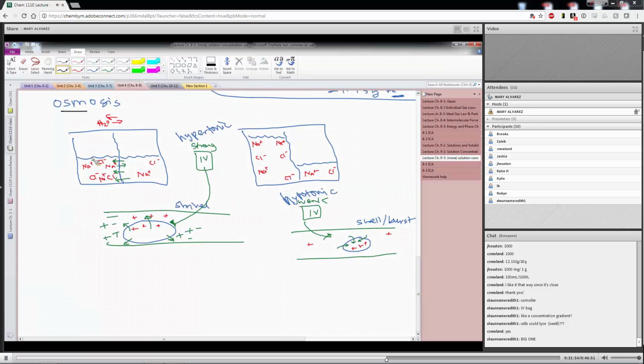Osmosis has to do with the presence of ions and not the identity of what the ions are necessarily. Okay? For instance, your concentration gradient that's normal in a cell might have sodium on one side and potassium on the other side. And it doesn't matter that one side has all the potassium and one side has all the sodium because you've got the same number of positive charges on either side. Okay, so osmolarity